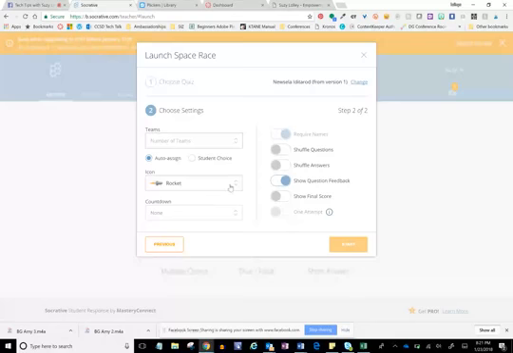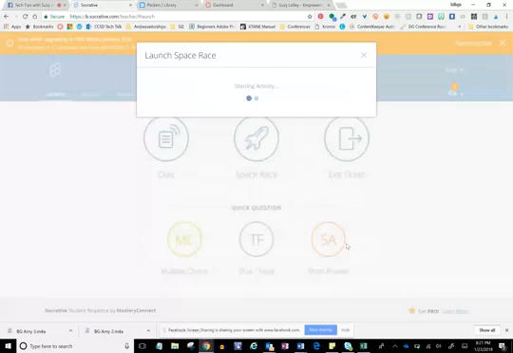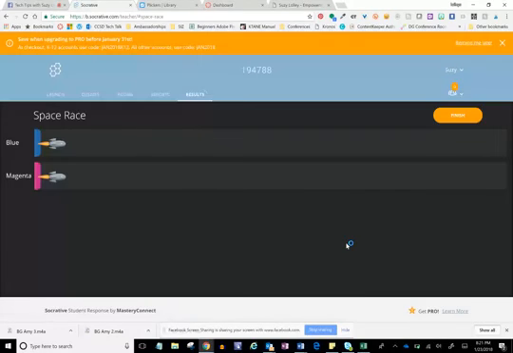Okay, what icon do I want to use? That's really cool because previously they only had rockets when I used this in my classroom. Okay, how many teams we want to do? We'll say 2 teams. I'm going to auto assign, or you can do student choice. They've added a lot of new features since I was in here as a teacher. And now I click start. And what happens is as the students go to my room number and start to race across the screen,